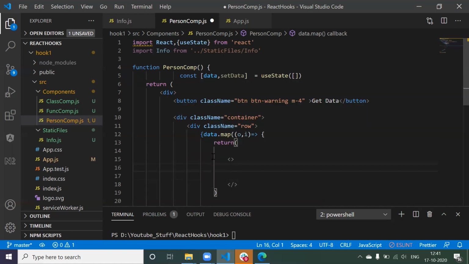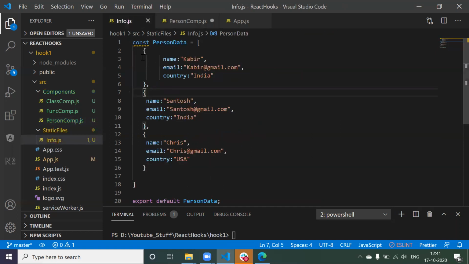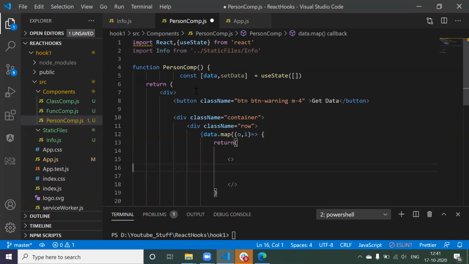Now what this map will do, it should take the first object, it's nothing but this object from this person data, and it should store in the data. From the data again it should take the first element and it should construct the card, and that card should take the space of 4 columns in a row. So I hope if you guys know Bootstrap, you guys are going to understand this code. If you don't know Bootstrap, it will be very difficult. So column, I'm going to say md-4.